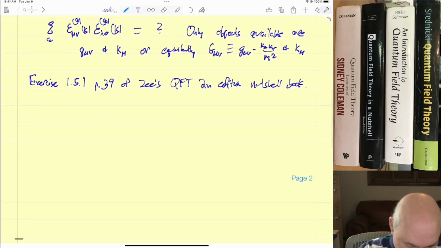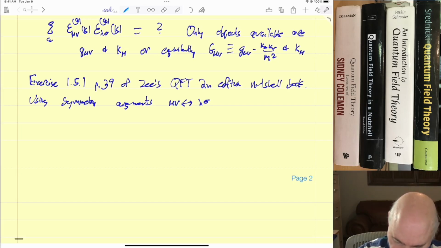And using symmetry arguments, Zee gives you things like it should be invariant if we switch the indices like this, and so on. Using these kinds of arguments, Zee gives us a head start by giving us the most general form,